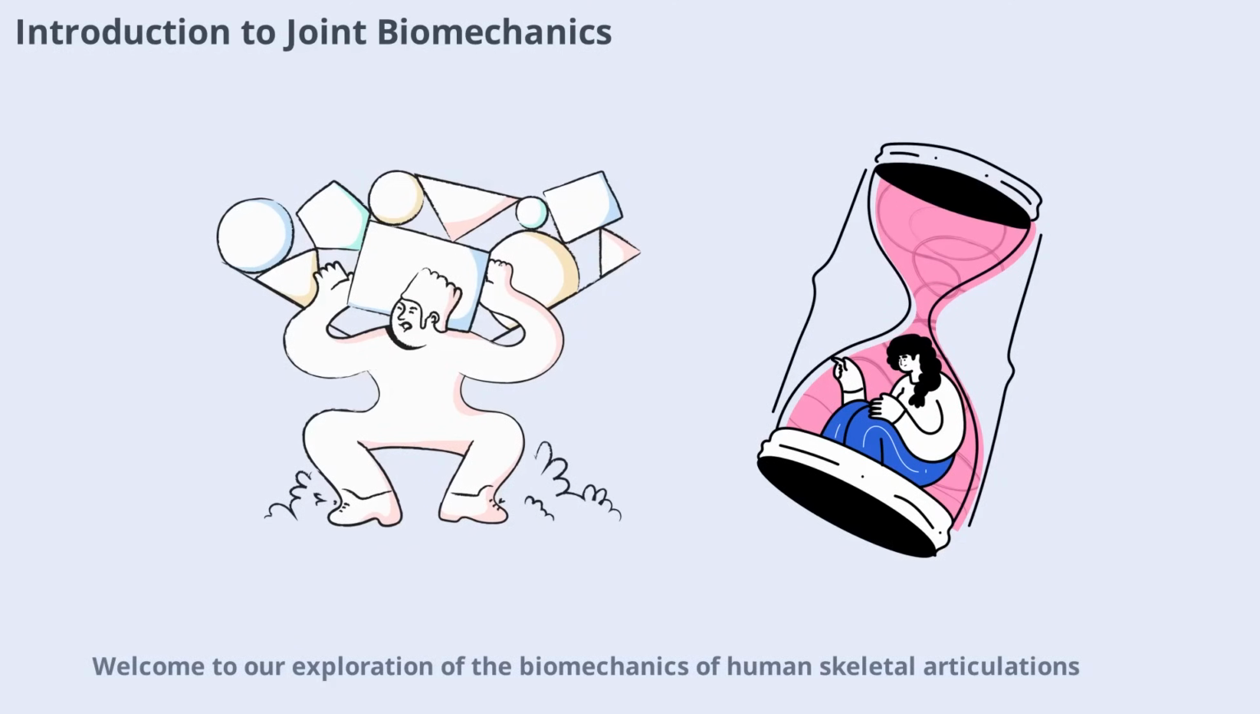Welcome to our exploration of the biomechanics of human skeletal articulations. In this lecture, we'll dive into the fascinating world of joints, focusing on the connective tissues that make movement possible. Understanding how our joints function is crucial for appreciating how our bodies move, bear weight, and withstand daily stresses. We'll begin by outlining the key components of joint architecture, and then move on to discuss the specific roles of articular cartilage and fibrocartilage. By the end, you'll have a clearer picture of how these tissues contribute to joint health